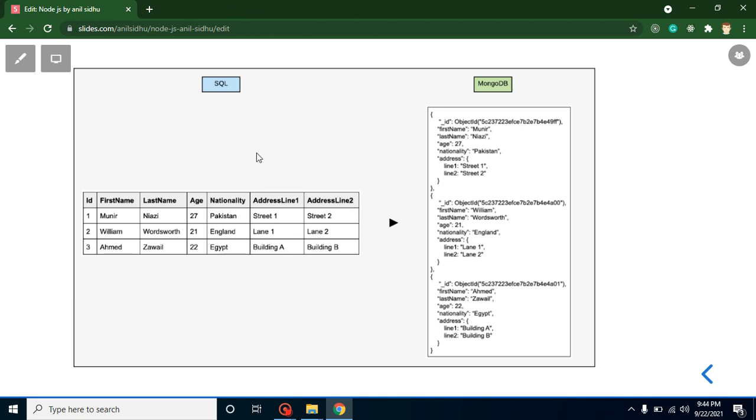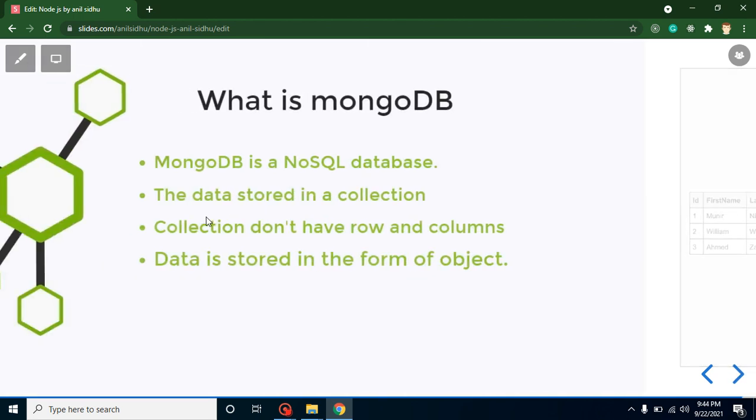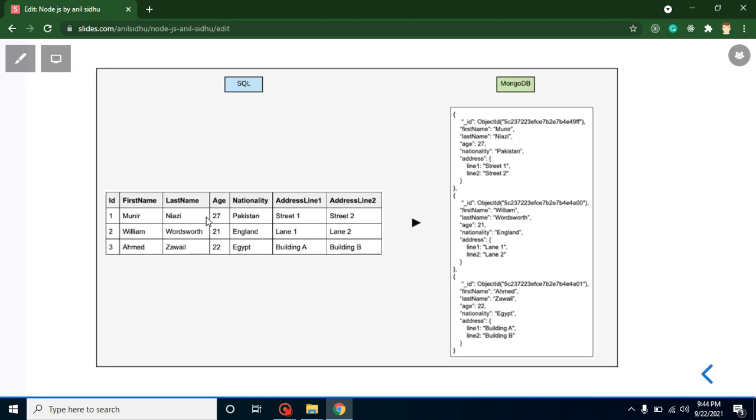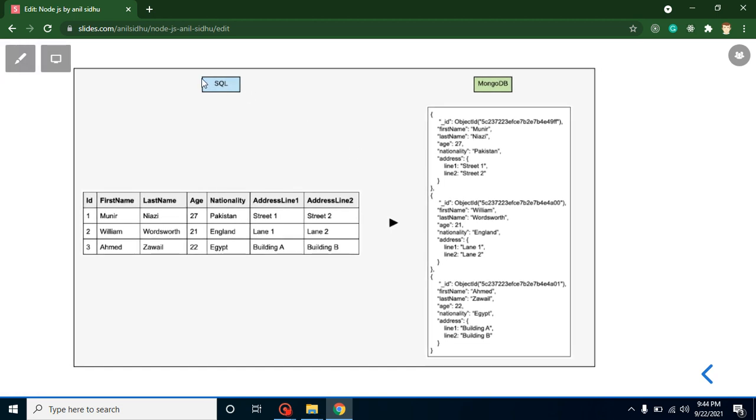And why SQL is a structured query language, I already told you. That's why I compare MongoDB with SQL, because all databases like Oracle, SQL Server and MySQL are structured query language. So we can directly compare MongoDB with SQL, and in that way compare MongoDB with all the older databases at a single time.